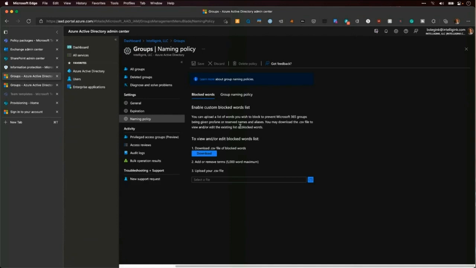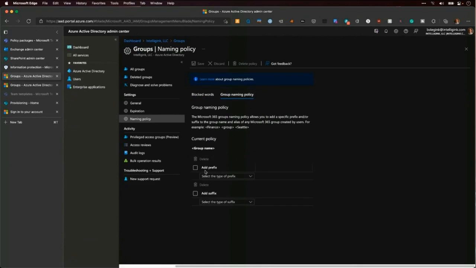So you block some of those generic words that you don't want included, or certain naming policies. So this would be every group that gets created, we're going to add a certain prefix or use a certain attribute to prefix that group name. So this is going to take the department of the person who created the group, add a prefix on there of the department of the user creating the group.